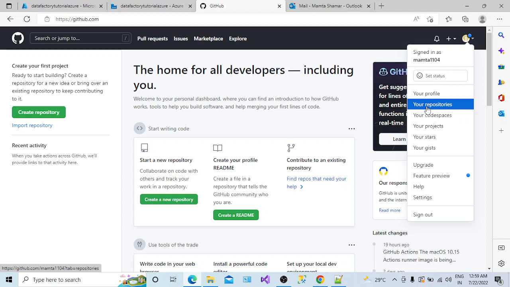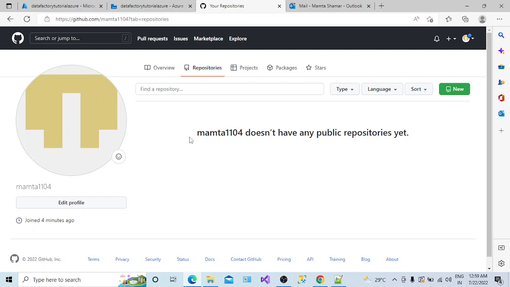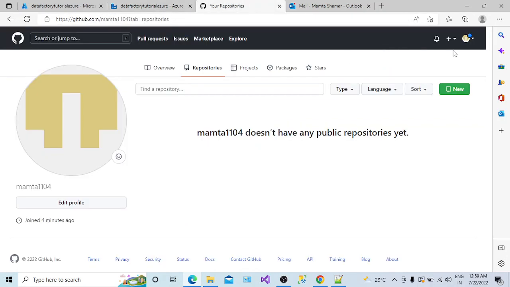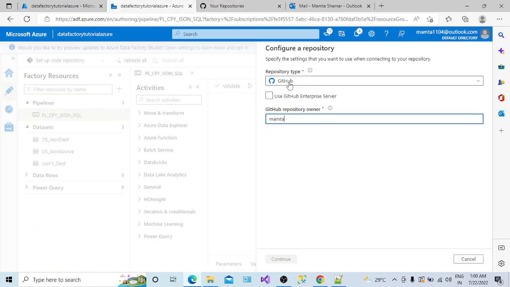So all we want to know is our repository. Click on your repositories, and this is open. We don't have any public repository yet, and that is fine, because we have just created an account, so we don't have any public repository as of now. What we need is a repository and a repository owner. Owner is nothing but this name of yours. So you have to go here